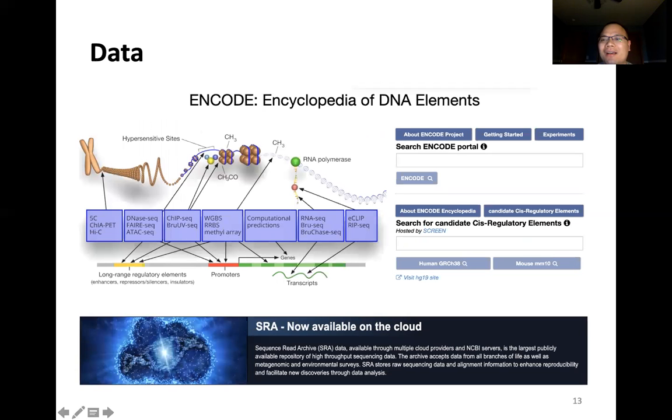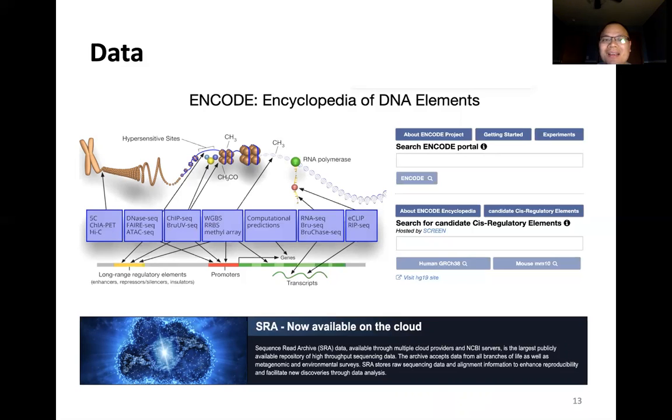We are doing research in bioinformatics. We need data, and generally we get data from two sources. We either get data from our collaborators, who do the experiments and give data to us. Also, we can download data from